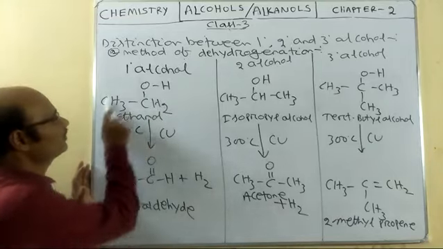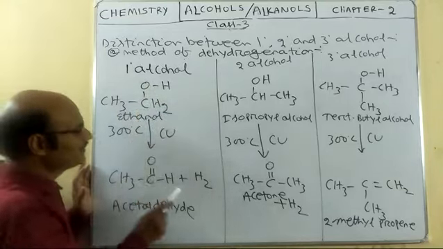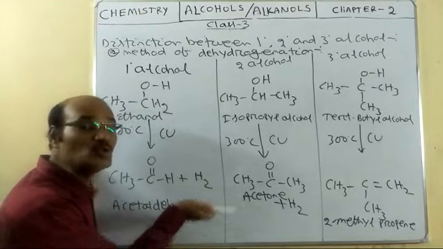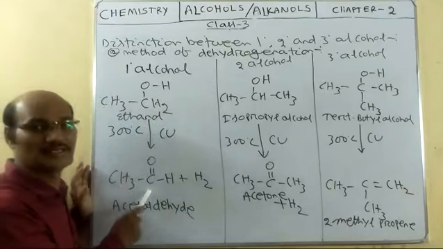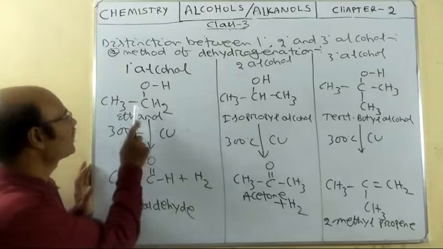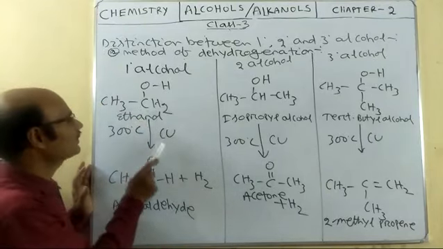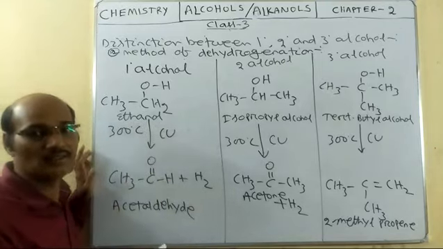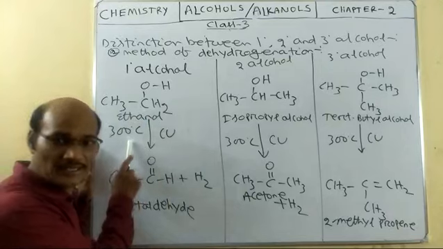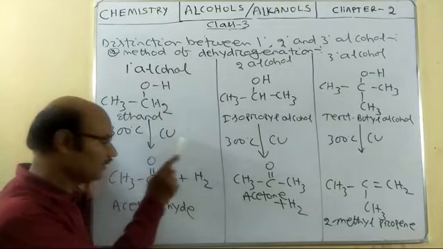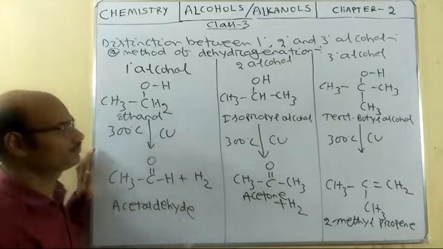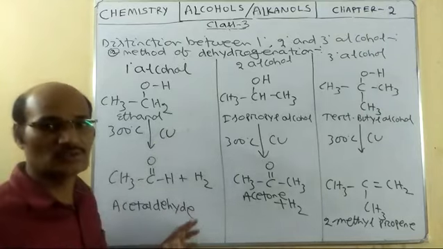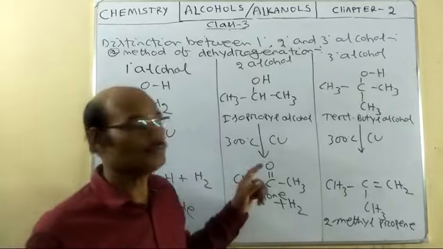This alcohol undergoes dehydrogenation. The hydrogen is removed and we are getting an aldehyde. So primary alcohol on catalytic dehydrogenation, when heated at 300 centigrade in the presence of copper, forms an aldehyde. Whereas in the same process we will do for the secondary alcohol,